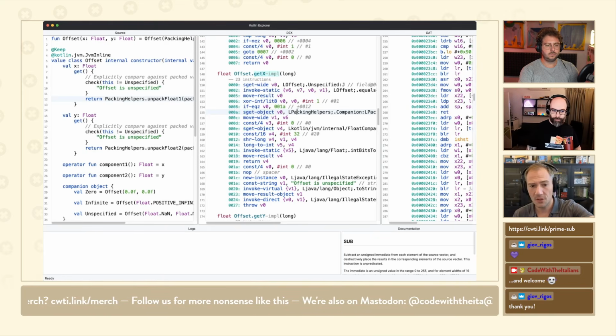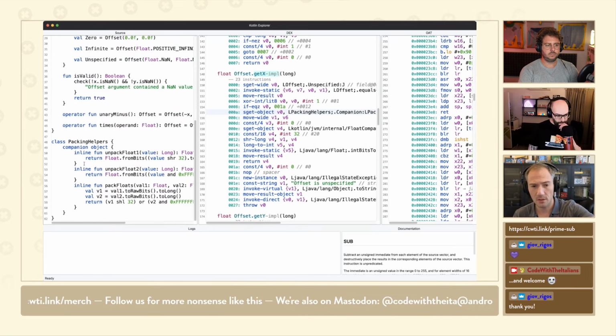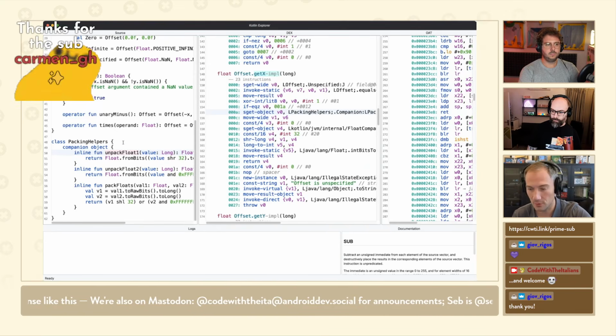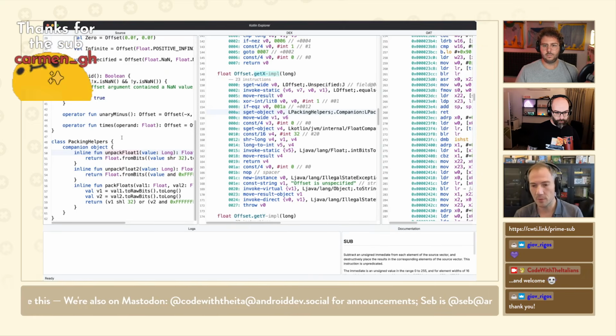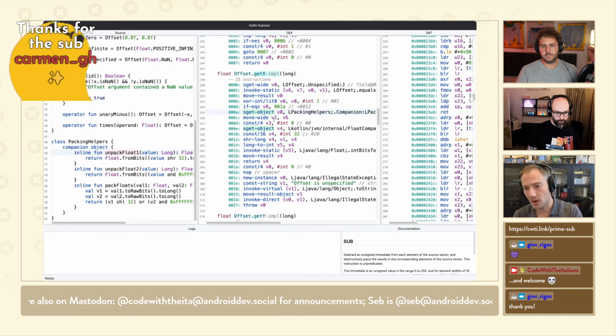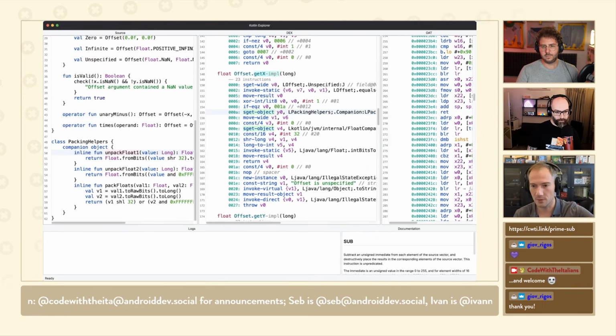Yeah, it's there. For us, it makes no sense, right? Our companion object is just a bunch of inline functions. There's nothing to initialize. But the JVM or the Java or the ART semantics say if you touch a class, we have to make sure it's initialized because there could be side effects. So we pay that price for something that we don't care about. Now, when you use R8, it's smart enough to see that and say, we don't need any of this. I'm going to get rid of all that crap, and we can save a bunch of instructions.